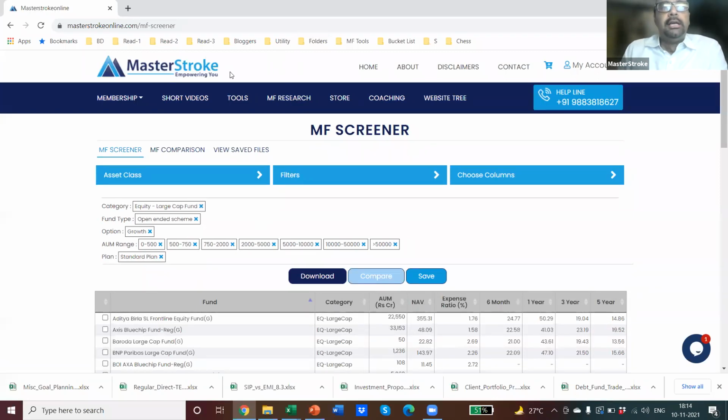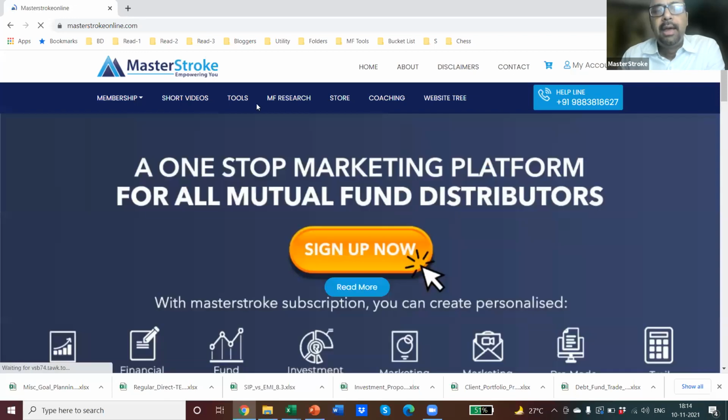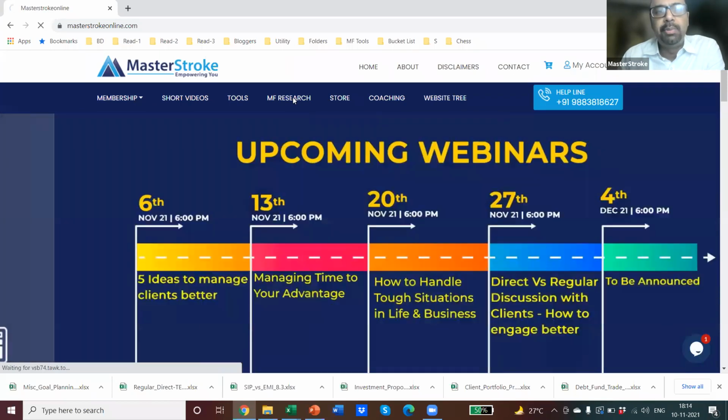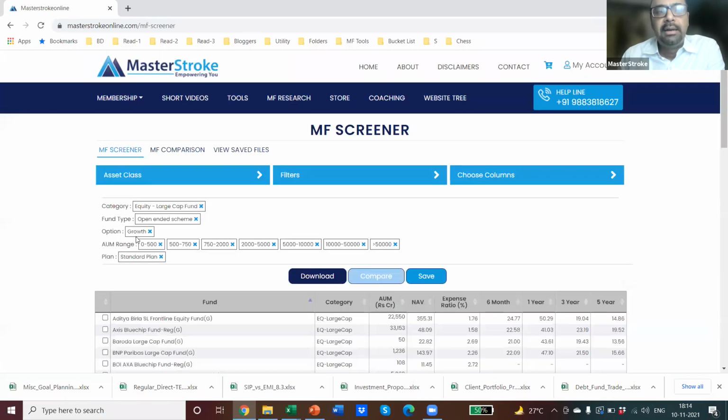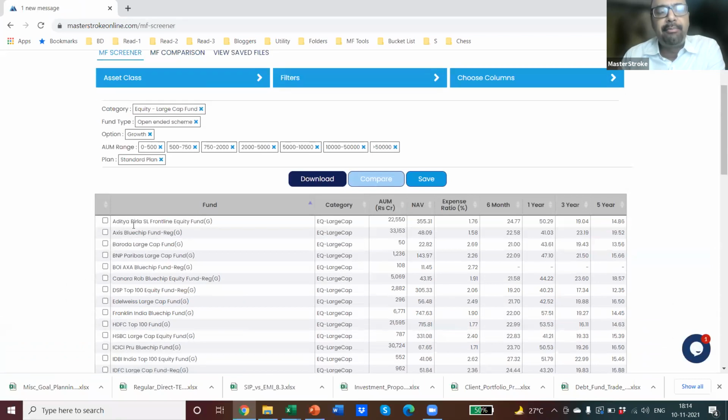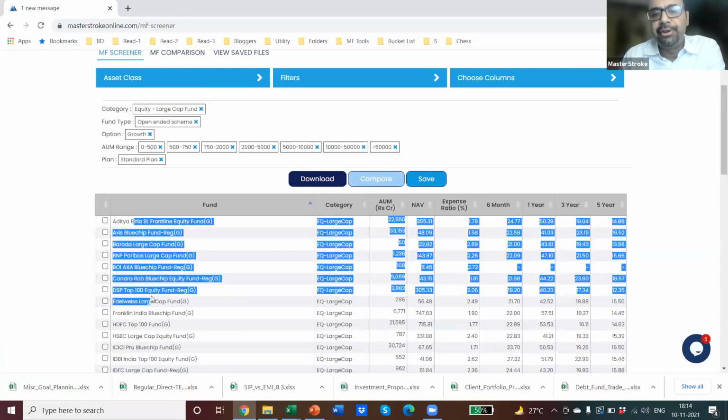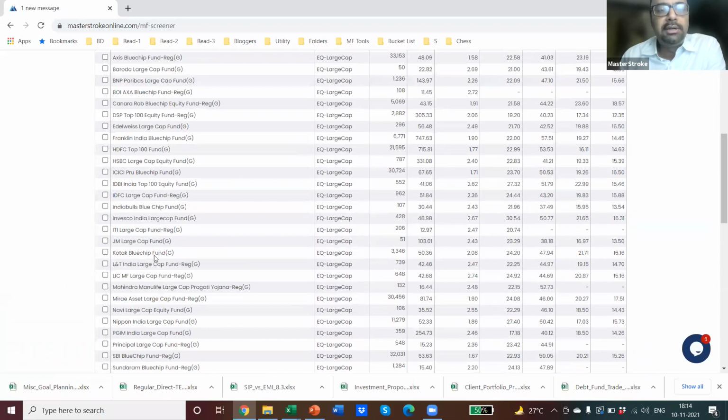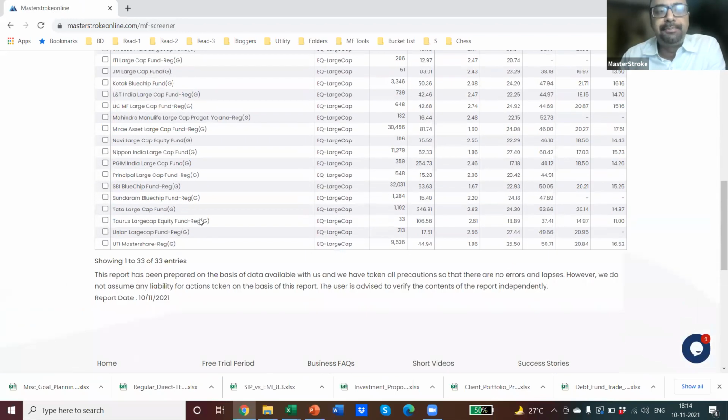On the home page, there is a button called MF Research, and it is so powerful. I simply click MF Research, and watch how many seconds it takes to open up this sheet. Less than a second, and the large cap performance category-wise is on your screen. It takes less than 1 second to give you last night's NAV category performance of all the 33 schemes in the MF Research section.